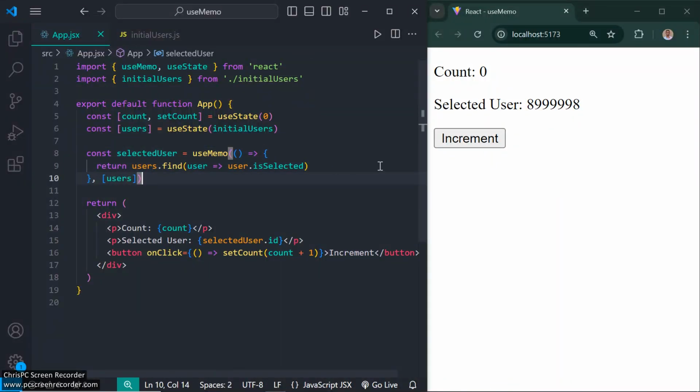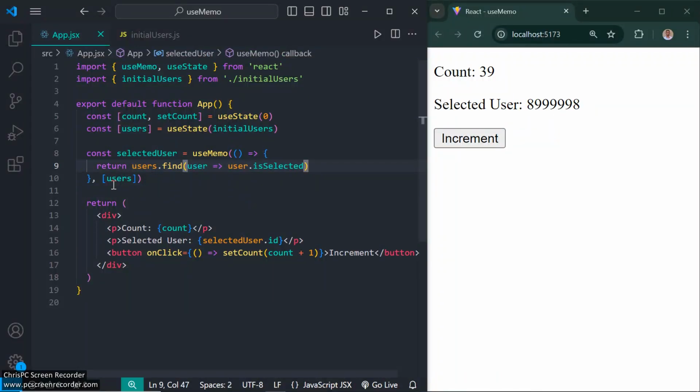So let's see what that does on our application. If I click on the button, and if I click so fast, you can see that my button is responsive, and as fast as I can click, it's going to respond instantly. So this is what useMemo does. You have to remember that it takes a function and then a dependencies array, and whenever nothing in the dependencies array changed from the previous render, it's going to memoize the value,